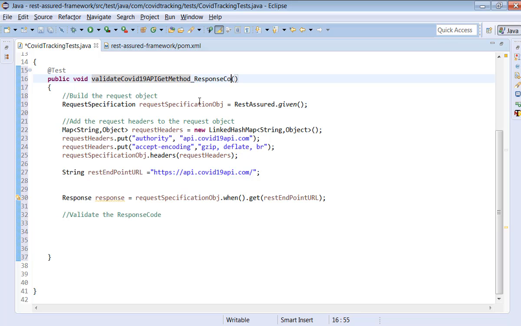Here we put response code. Or let me write everything in one test case, then we can break it down into multiple test cases afterwards. Right now, let's focus on the response code. If you want to get the response code, we have to write logic now, right? For that, let's start.